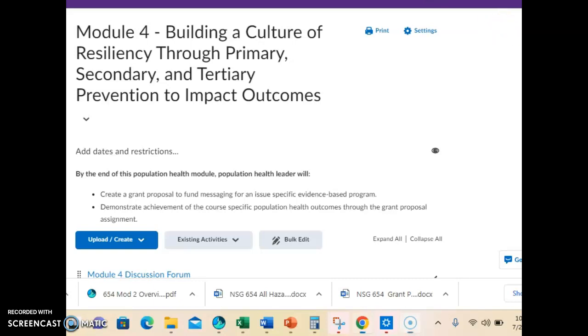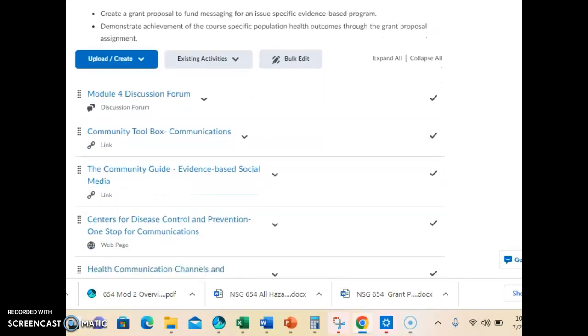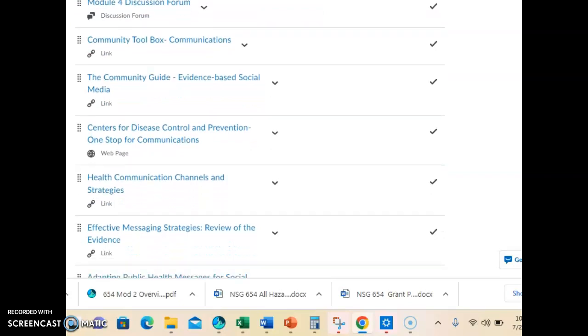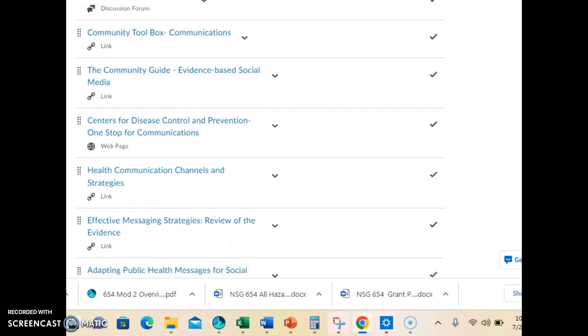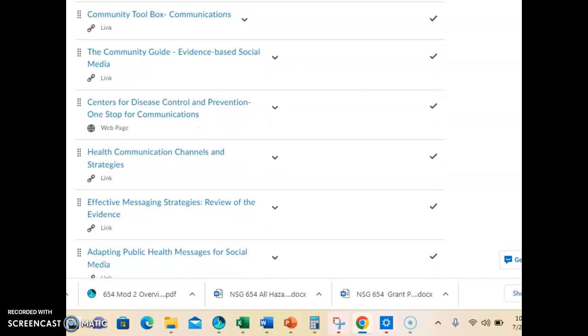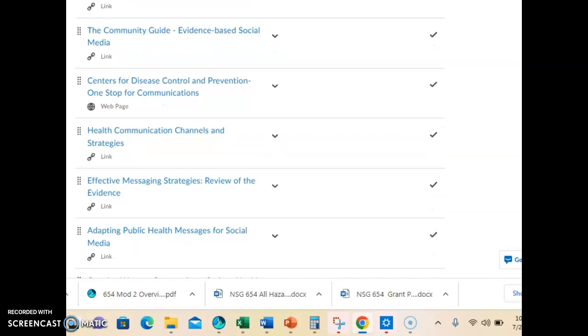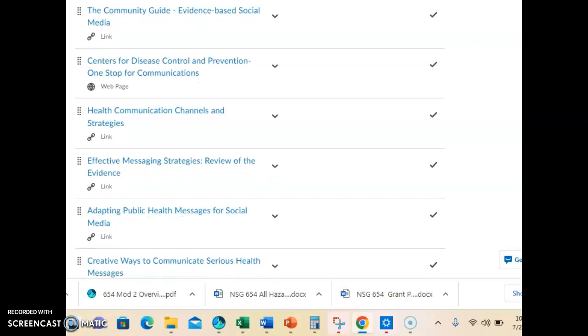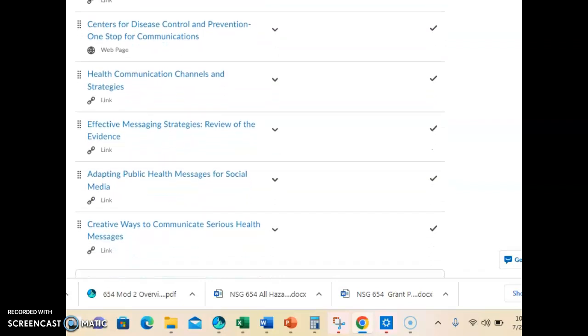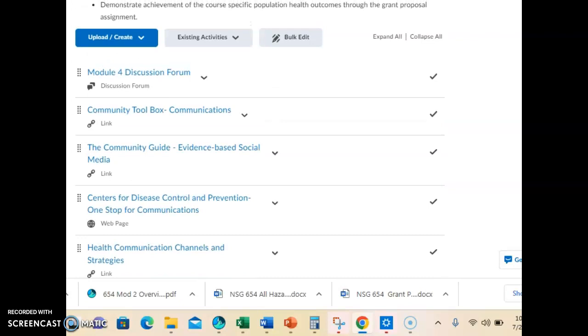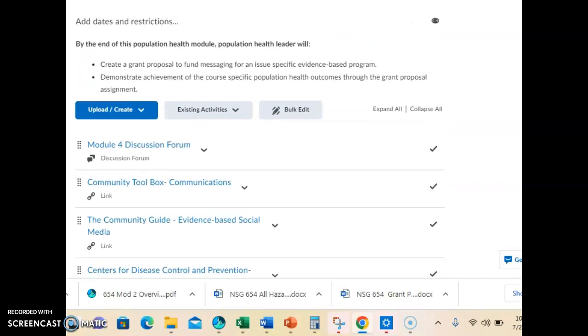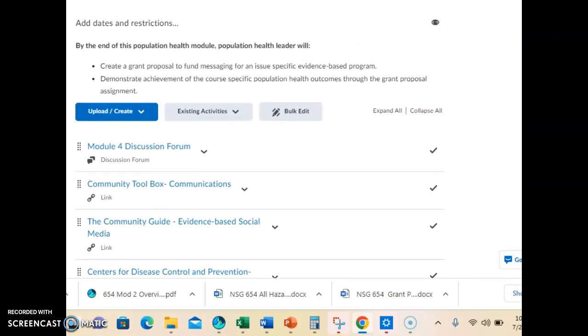If you look at the resources across Module 4, most of those are focused on giving you more information about health communication channels and strategies, what strategies have been shown to be effective across the literature, how those public health messages may be adapted for social media, and other creative ways that serious health messages have been communicated in order to improve outcomes across different populations.